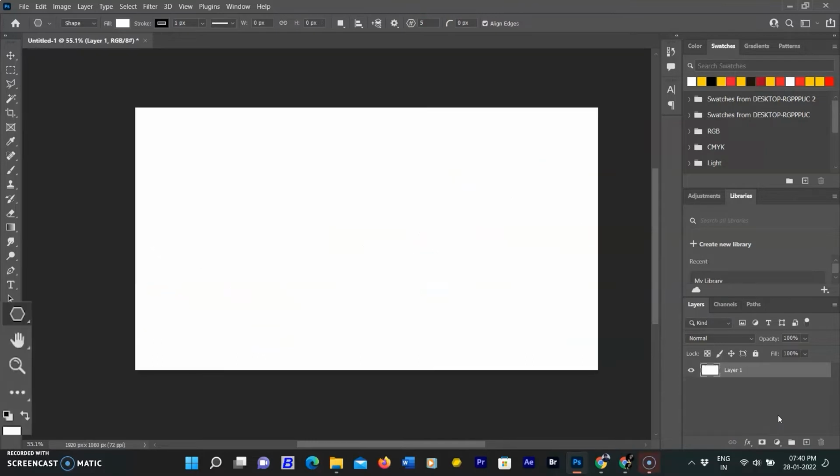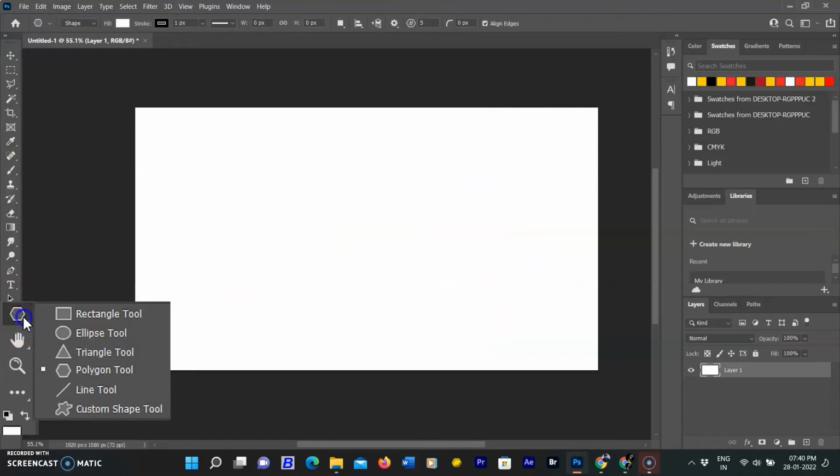You will find the custom shape tool nested in with Photoshop's other shape tools in the same spot in the tools panel. By default, the rectangle tool is the tool that's displayed. But if you click on it and hold your mouse button down, a fly out menu will appear listing the other tools that are available in the spot. The custom shape tool is at the bottom of the list.